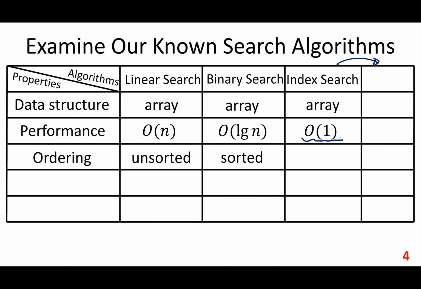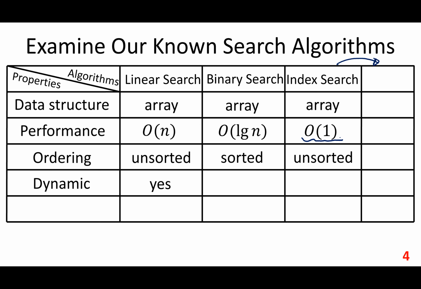We need to sort it. Index, unsorted. You don't need to sort, right? Given an index, sorted or unsorted, you can find the right item immediately, right? Dynamic: so for linear search, yes, you can support dynamic data. When you add new data, you can always apply